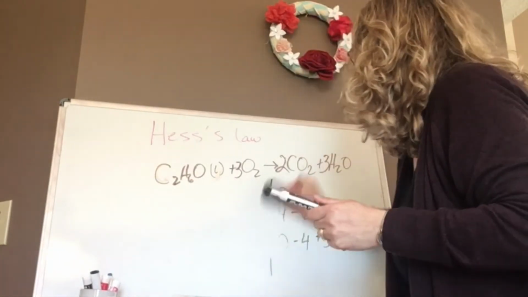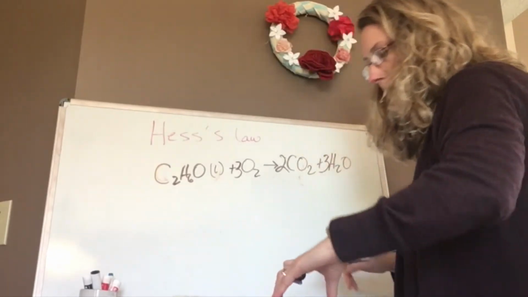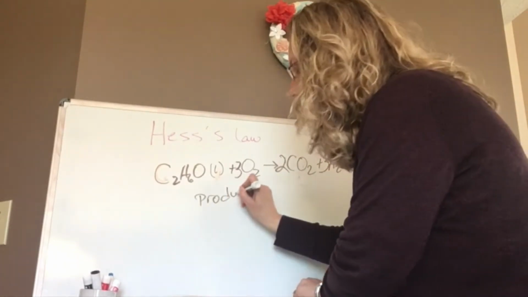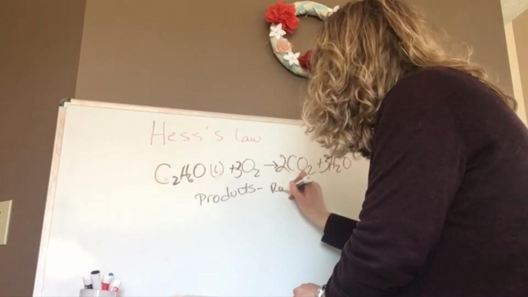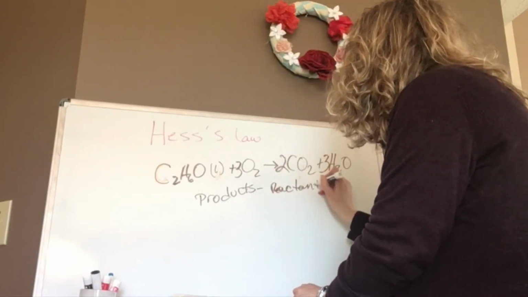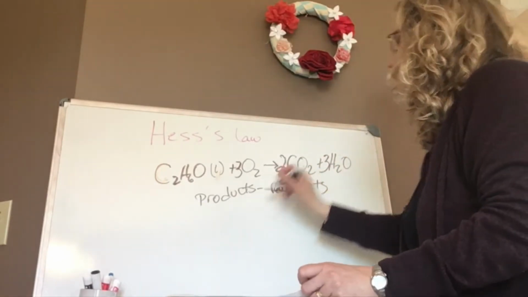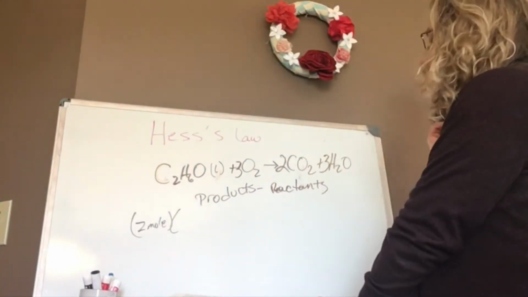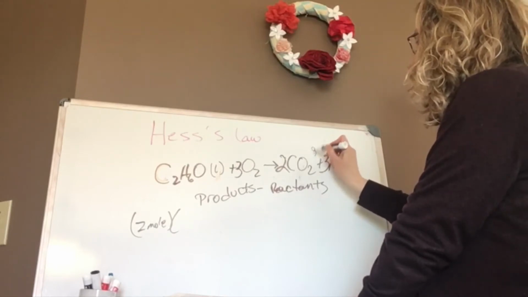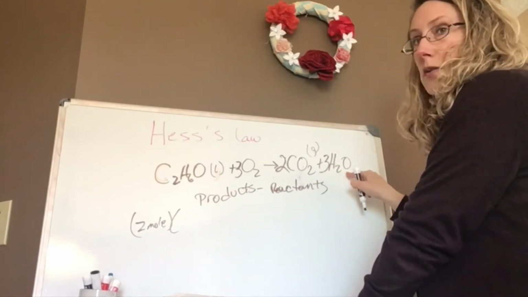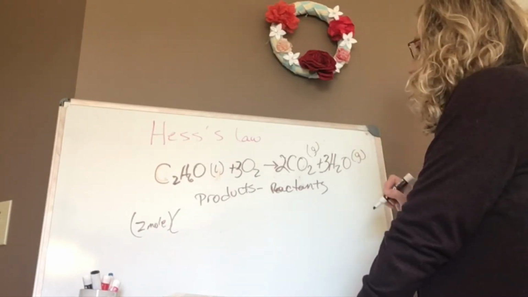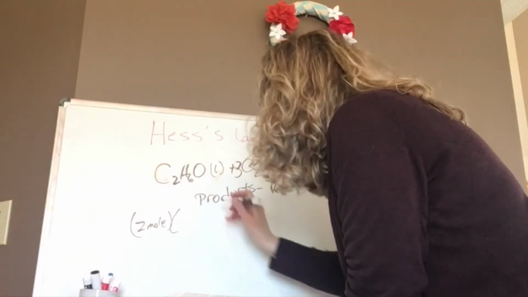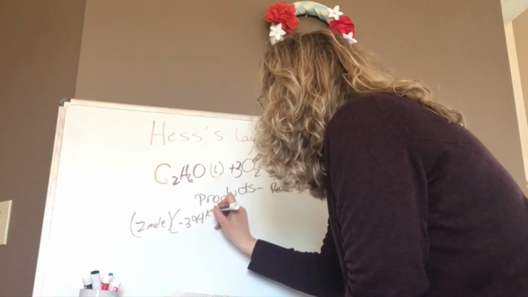Now I'm finding delta H. So I'm going to use the delta H of formation. So I'm going to use the chart on 431, and I'm going to do products minus reactants. So products first. So I'm going to find 2 moles of carbon dioxide, and hopefully you know if it's a solid, liquid, or a gas. This is a gas. And if this is combustion, this water is going to be a gas because it's hot. So gas and gas. So products of carbon dioxide gas is going to be negative 394 kilojoules per mole,